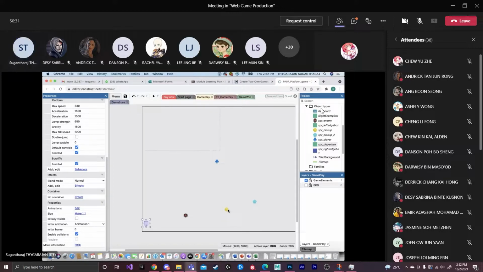So usually in the game for the Construct tool, they create a box over here, which is invisible. They set it to invisible, and whatever animation we have will follow this box. It is mainly for the collision activities.